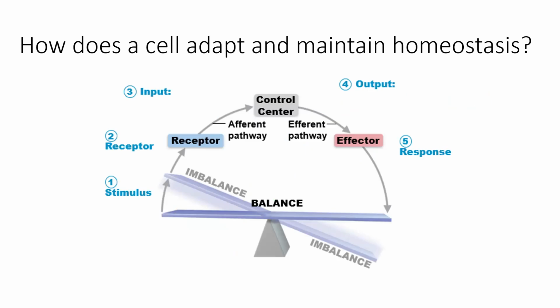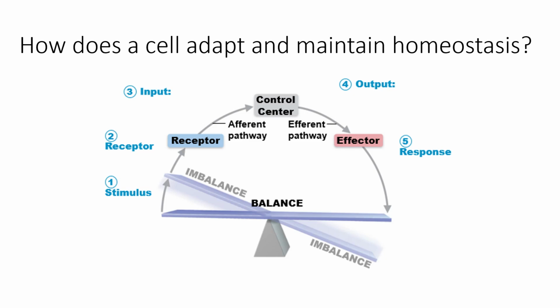How does a cell adapt and maintain homeostasis? So this is kind of what I went through with the temperature example. You have a stimulus. The stimulus is sensed by a receptor. Then you have some input going into the control center. The control center is going to determine a response and provide an output and tell the effectors to produce the